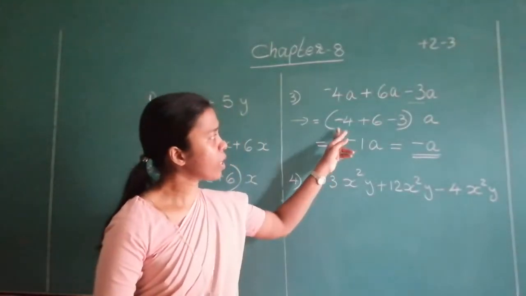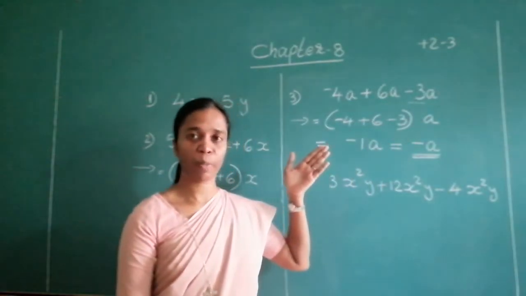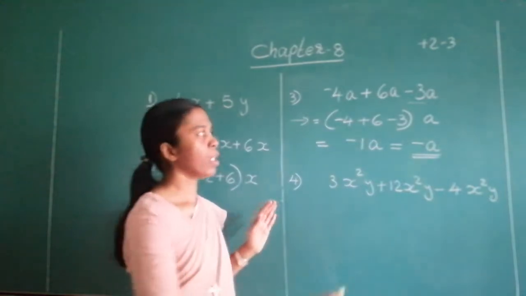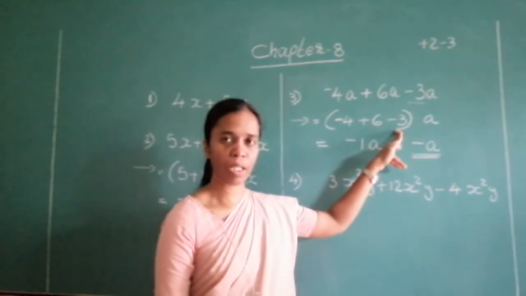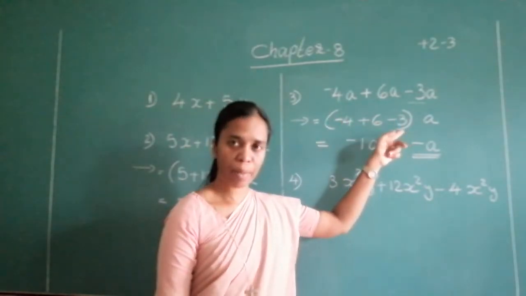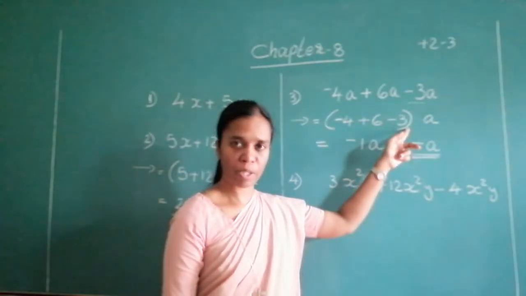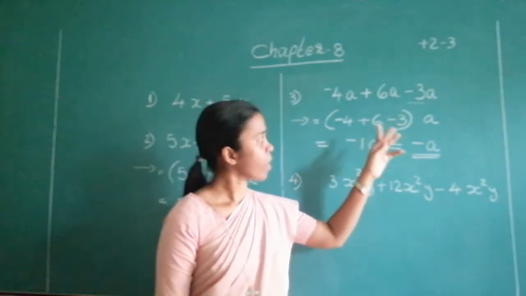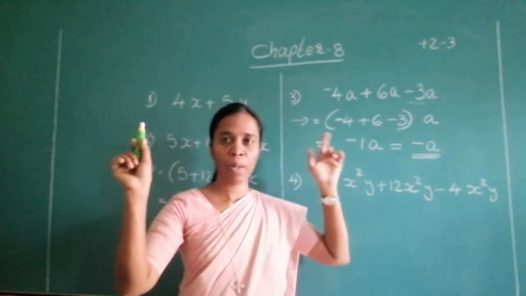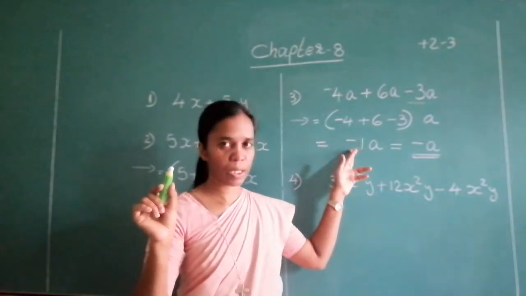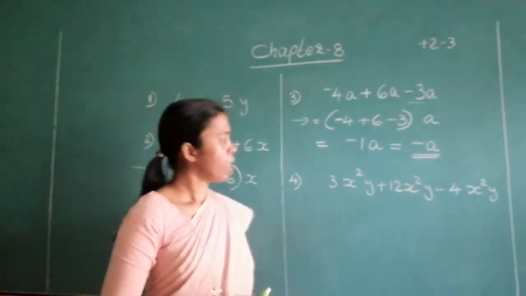I prefer you doing this mentally. Okay, by now you should activate your mind and you should do it mentally. You can also, since you have -4 and this is -3, signs are same. So add the numbers. 4 plus 3, 7. So you get -7 plus 6. -7 plus 6. Minus is the greater, so you put a minus sign. What is the difference between 7 and 6? 1. So write that. Okay.